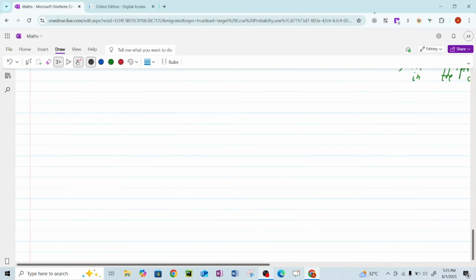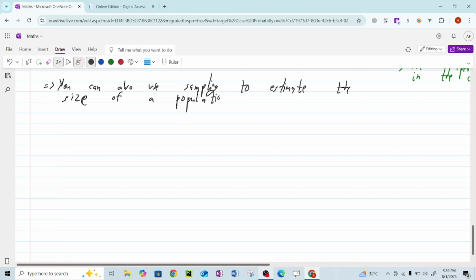Okay? One more thing we have to know over here is that you can also use sampling to estimate, because it's not going to give the exact answer, to estimate the size of a population. Let me fix this. Okay, now let's say, for example, if I have a question here,